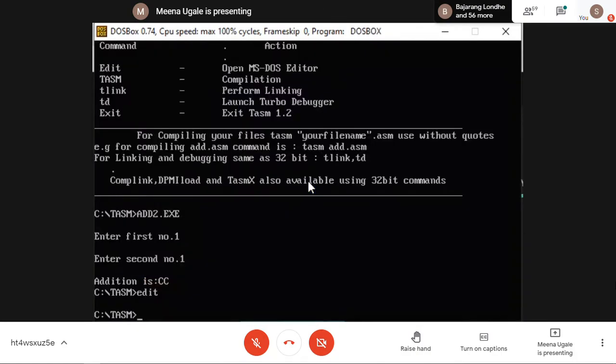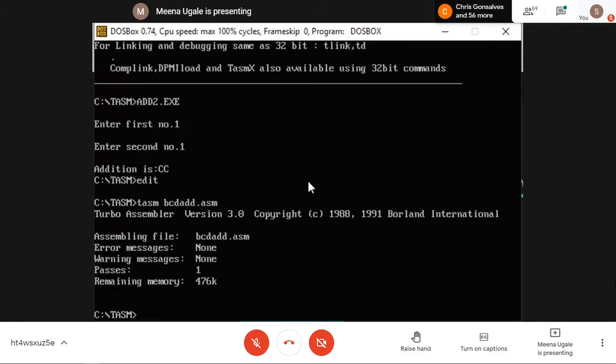It will come back to your DOSBox window. Go for assembling first. I'm writing my file name, bcdadd.asm. You assemble your file with your file name.